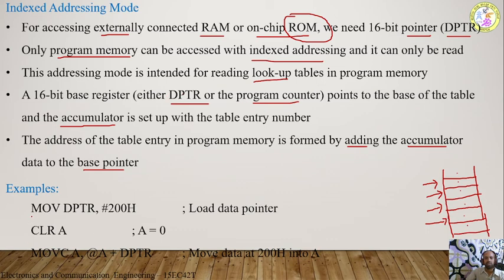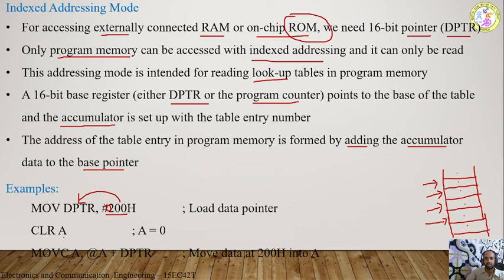For example, if I use MOV DPTR, #200, what will this instruction do? This is the immediate addressing mode. The number 200 will be copied to DPTR. But here only 3 digits are there, whereas DPTR is a 16-bit register. Either you can write 200 or you can write 0200. Writing 0200 is the same as writing 200. 0200 is 16-bit data, and this 16-bit data will be copied to DPTR. Even if you simply write #200, automatically it will be taken as 0200 and stored in DPTR.